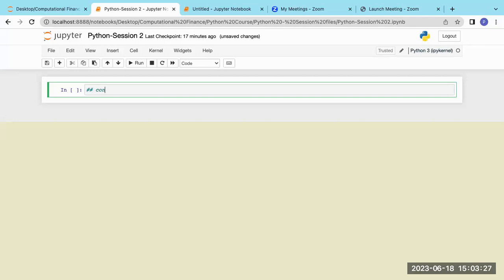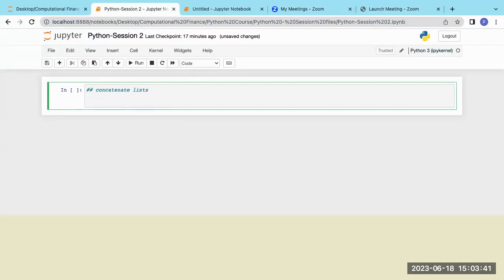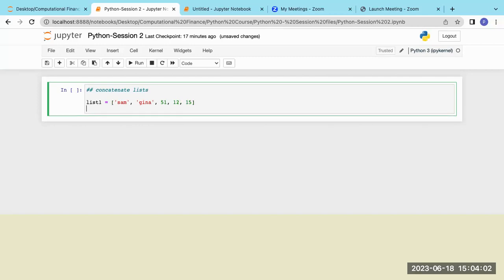First, we will talk about concatenation. Concatenation primarily means joining two different lists. So let's define two lists. List one, we will say, let's say Sam, Gina, and give some numbers. And we will call list two again as